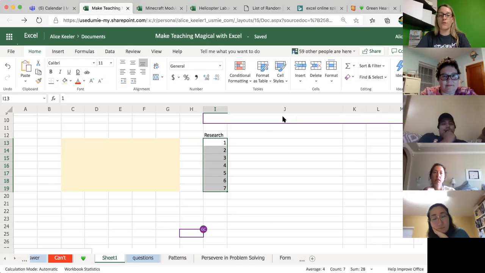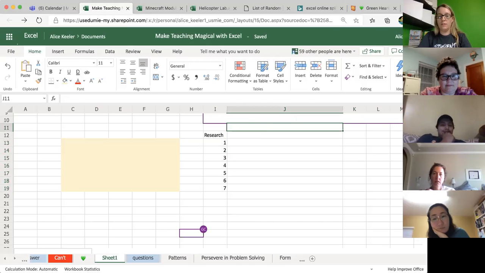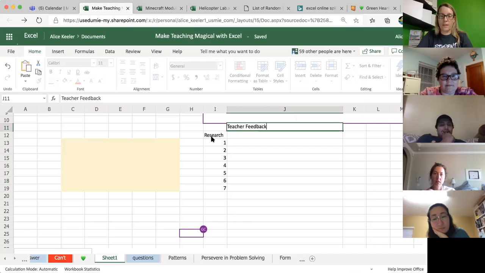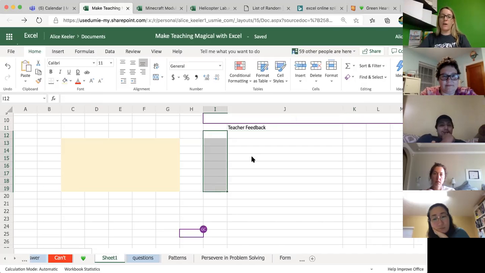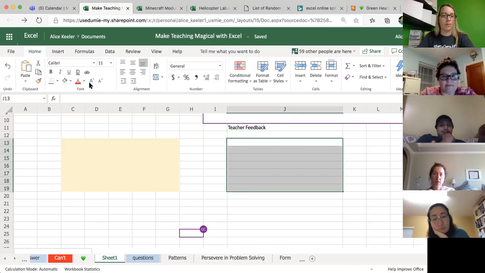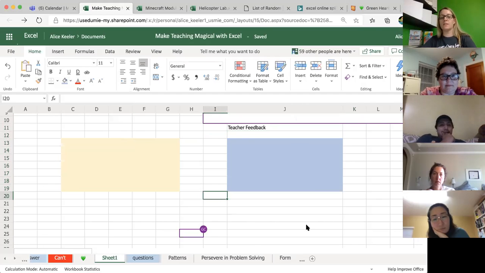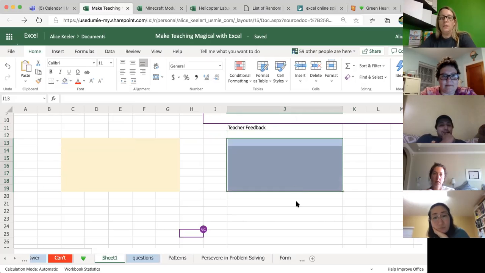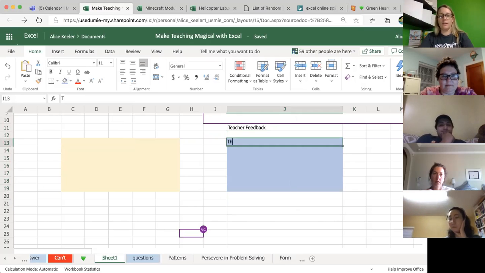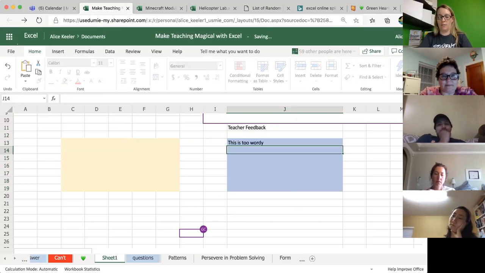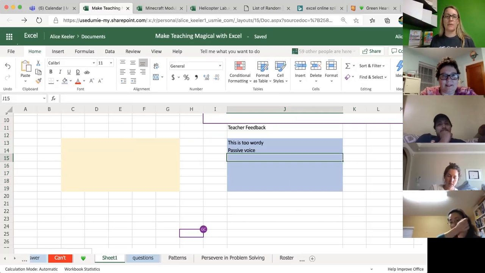I can make a teacher feedback column. Forget this research column. I just now have a teacher feedback column. I'm going to make it blue. I tend to color code my cells. And so then I can say, this is too wordy. Passive voice. I'm a math teacher. I have no idea what these things mean. So